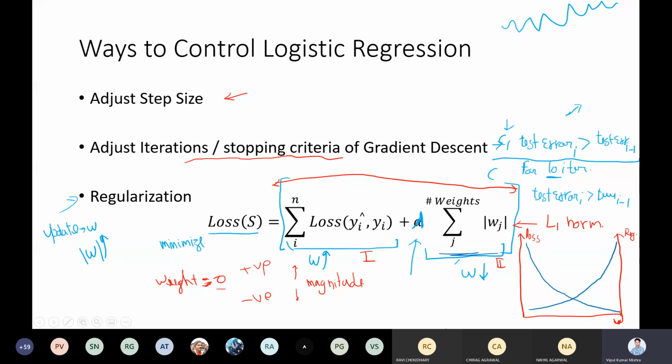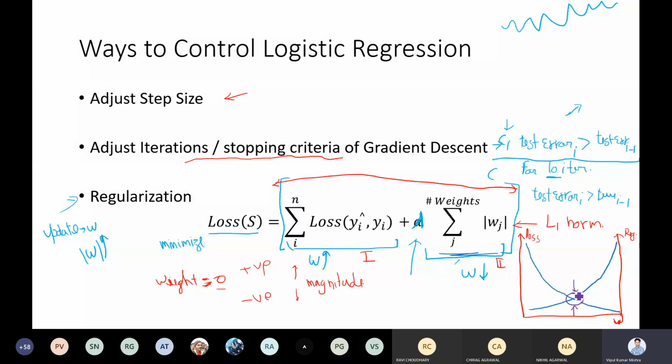So what we want is to find the sweet point where we have lower loss as well as a lower value of the regularizer. This will become a good fit for your model once you train based on this complete, new loss function. Getting it? The first term will try to force a reduction in the loss, and the second term will try to force a reduction in the weights. So both are conflicting, and once you find a sweet point, you will get a good function that is not overfitted. This is the idea behind the regularizer.